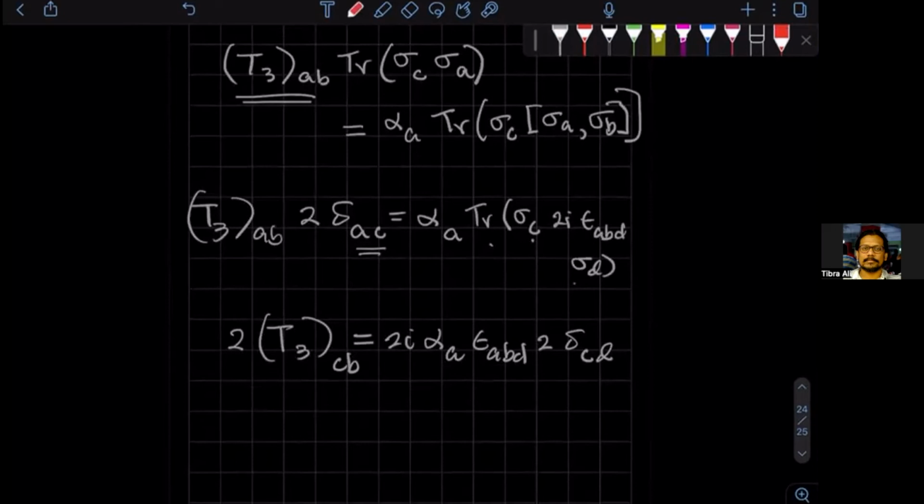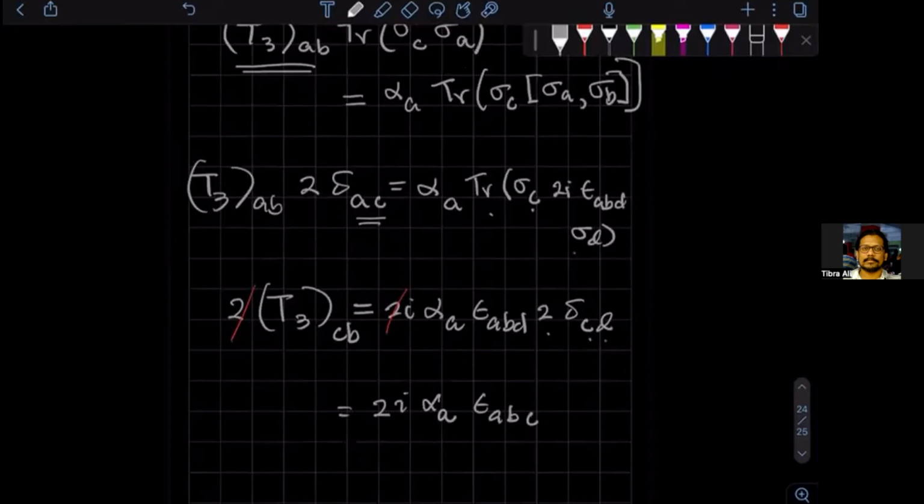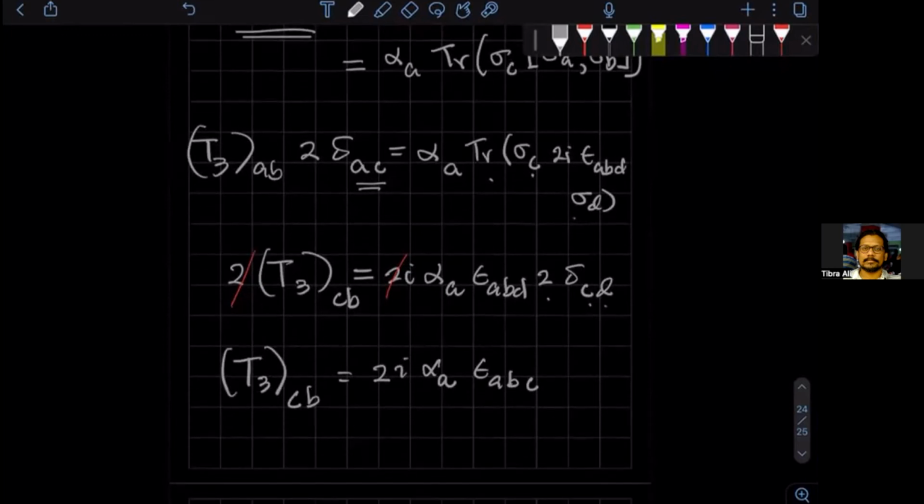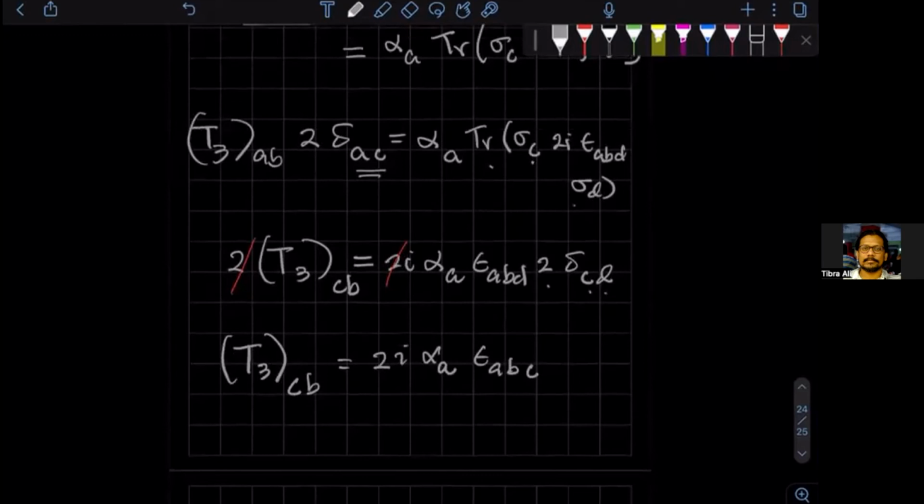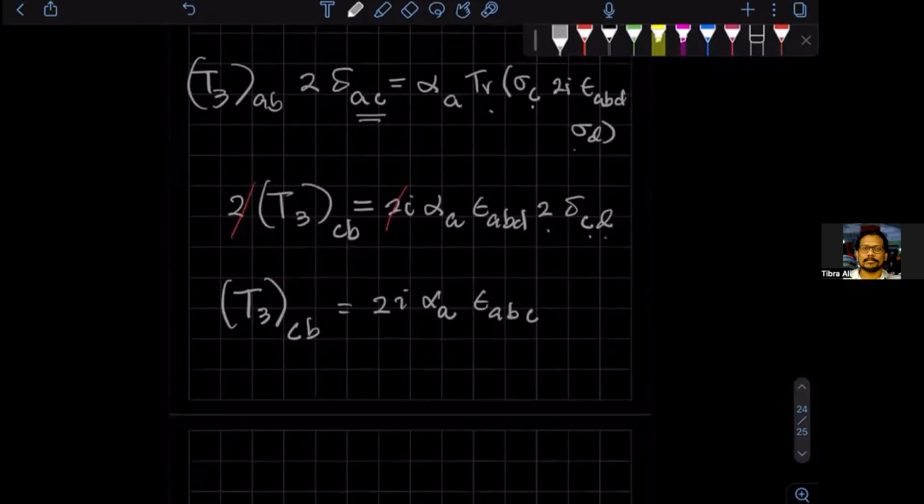So I can cancel some stuff, and then I have i alpha A, and then there's a 2 here coming from here, and CD, if I sum over that, then I have epsilon A B C on the left side. On the right side, I have T3 C of B. And now what I can do is that I can say,